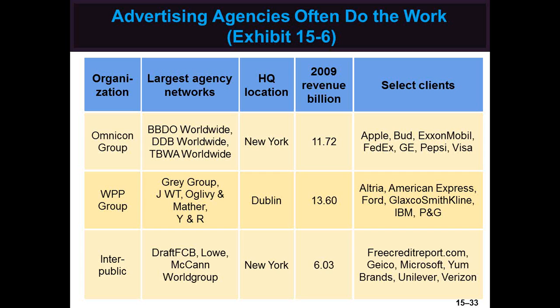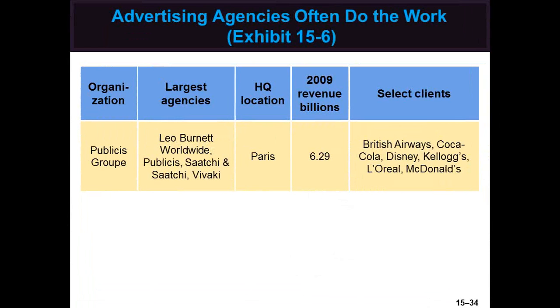Ad agencies have typically been paid via percentage commission on media and production costs. This straight commission has raised the question, are they paid too much? Some firms pay the agency based on the results achieved. Ethical conflicts may arise if agencies divulge their clients' information to competitors.